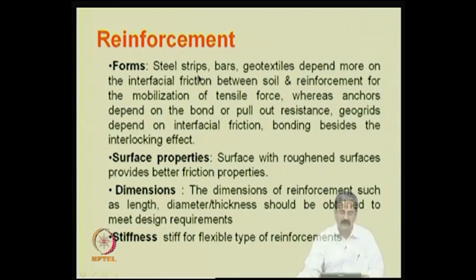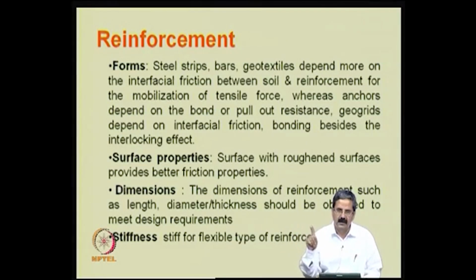As I just mentioned, the forms can be many things like steel strips, geogrids, geotextiles, and why this is important is that, as I said, friction is an important component of reinforced soil. Geotextile is essentially only frictional behavior, because it is a smooth, continuous surface, and there is friction between the soil and the reinforcement that is required for mobilization of tensile force. Whereas for example, if you are putting anchors, like you have a reinforcement and then you have an anchor at the end,